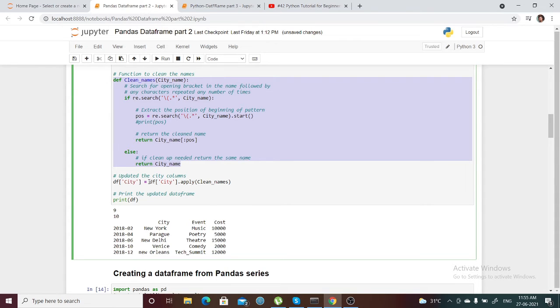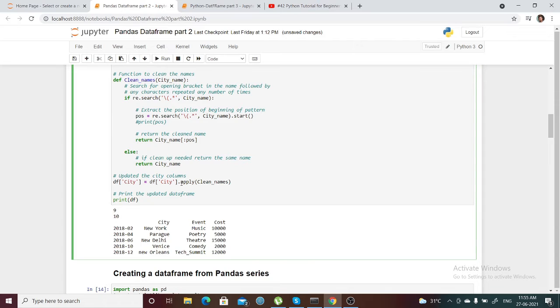We just take this data frame, and in the data frame we can subset using square brackets and pass whatever the column name is. In this particular column, we can use the apply function. The apply function will apply whatever manually created function we have.